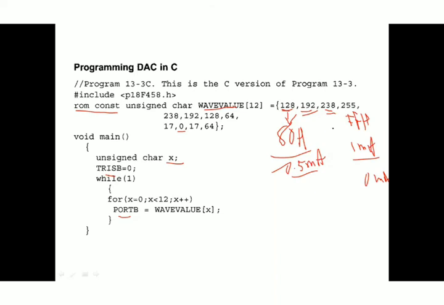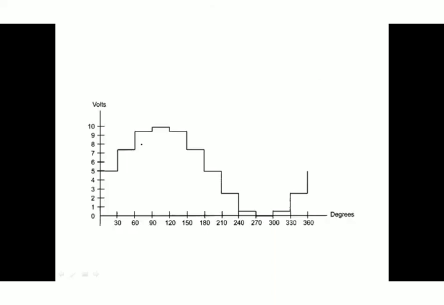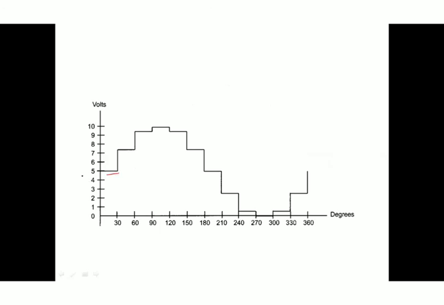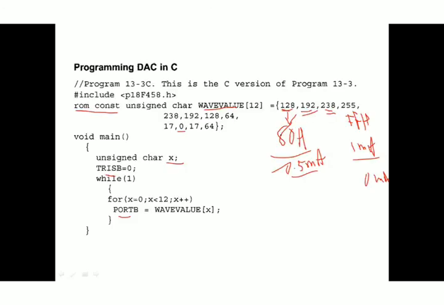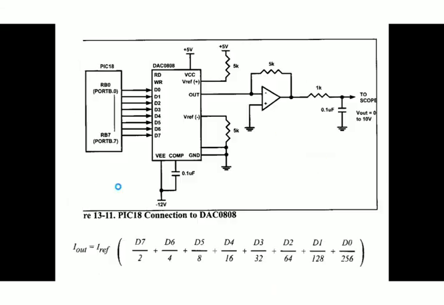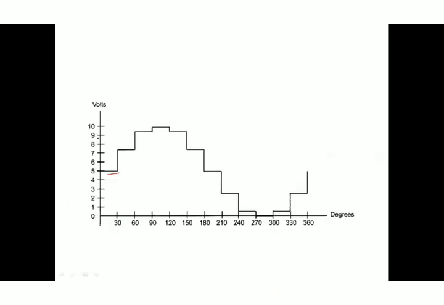If you convert to hexadecimal, you will know. So in the output you will get the waveform like this. If you connect the output of that digital to analog converter to an oscilloscope, the output will be shown like this. When 128 is applied, you just see this voltage. They are using here in the circuit a current to voltage converter. Actually, here if you assume that 0.5 milliampere is converted into 5 volts, assume that this is the value.